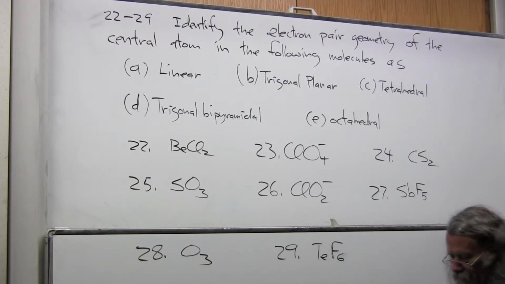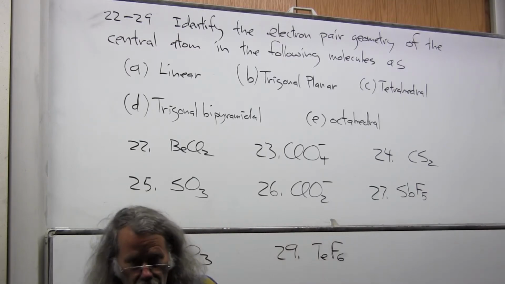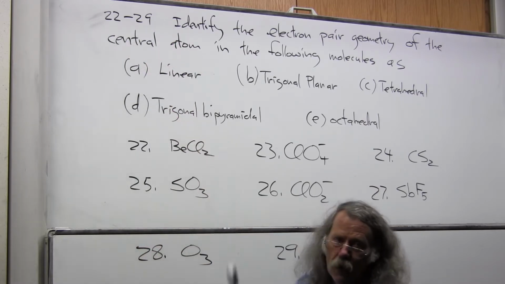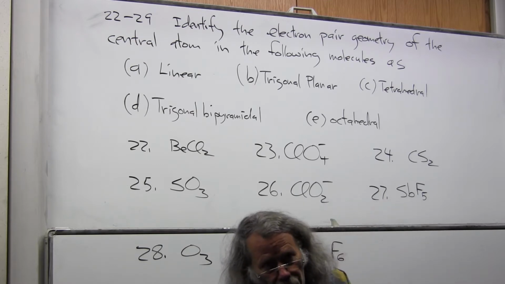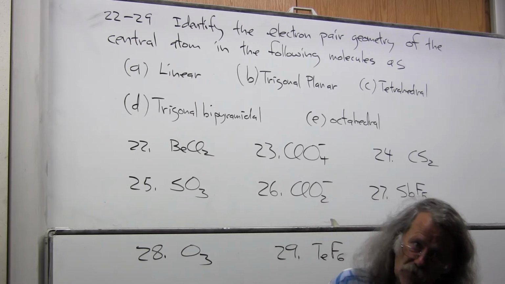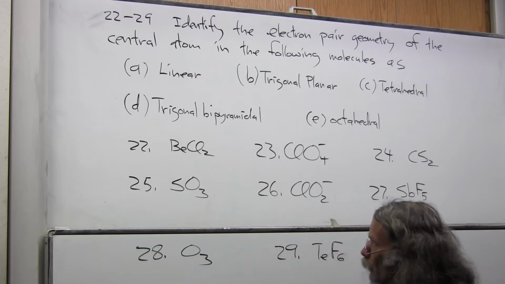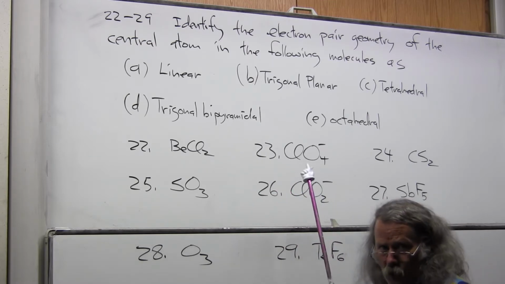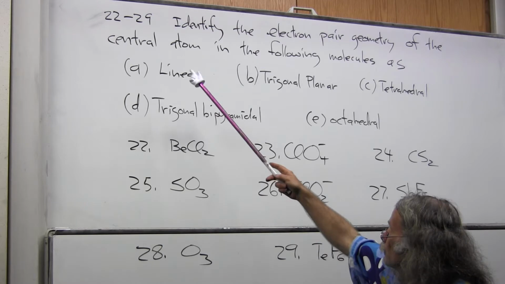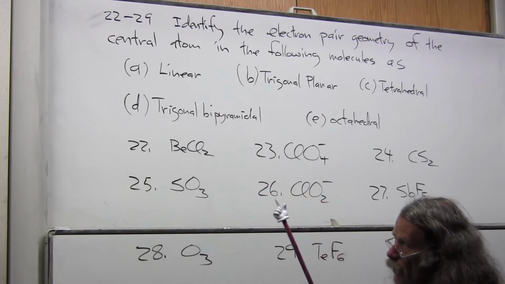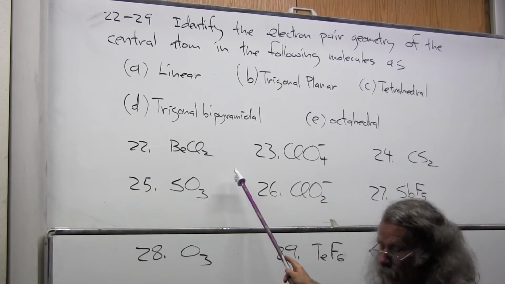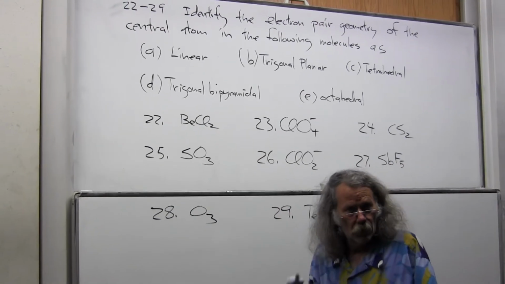Okay, this is practice midterm number 3, and this is problems 22 through 29 in the Scantron part of the test, which is all multiple choice, fill in the bubble. And we're going to be answering questions on electron pair geometry in this particular series of questions. But before we address this, there's a strategy that I want you to employ on the test